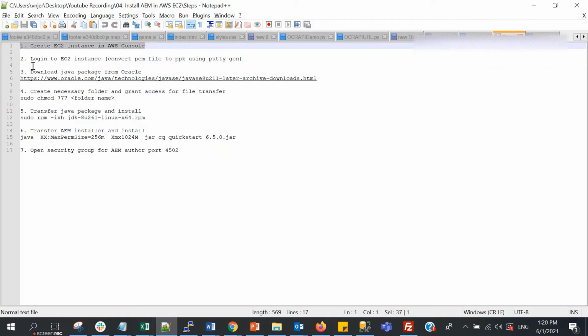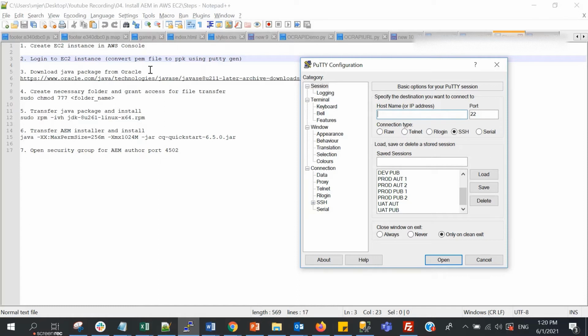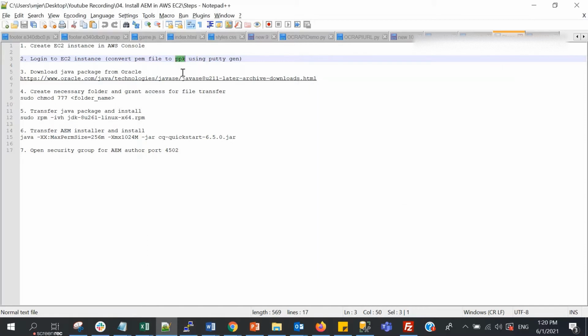The second step, we will log in to the EC2 instance via SSH. To log in to the EC2 instance, normally we can use PuTTY to log in to the server, but we have to add also our key pair here. PuTTY is using PPK, but if we create new key pair in AWS, we will get PEM file.